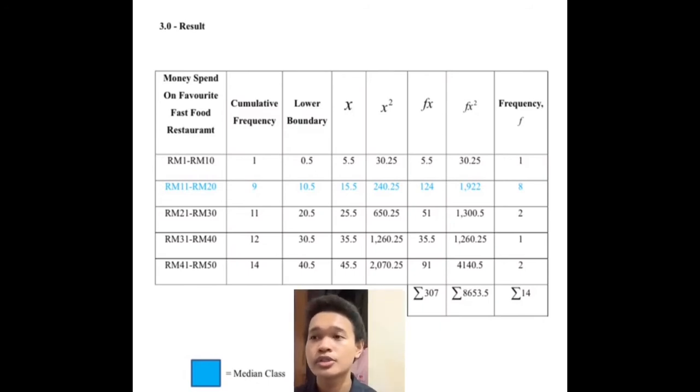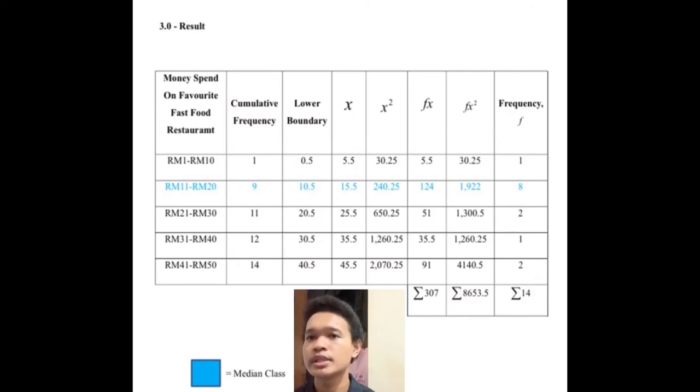Okay, so we move to the last column. The last column is frequency. Frequency refers to the number of people that spend their money on their favorite fast food restaurant. So the sum of the frequency we get is 14. So there are 14 people that filled the form, and we record and collect the data, and we get